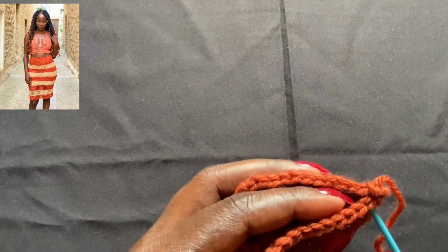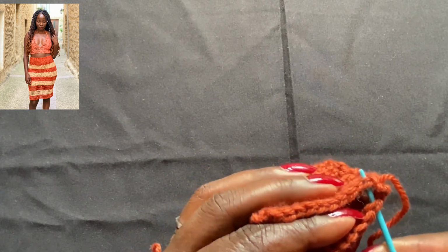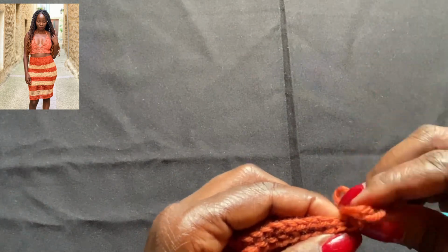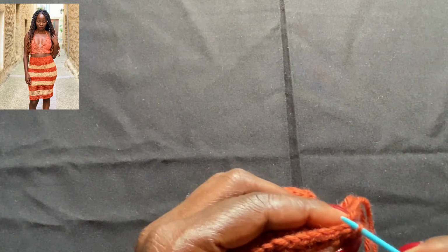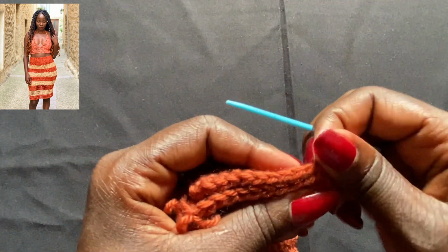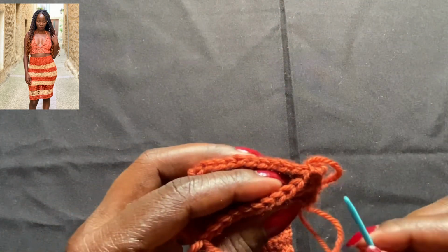And then I'm gonna go into the second stitch here and go through both loops as well to make sure I also secure that section fully. Oops, let me make sure I'm on camera here. And when I have that, then I'm going to be picking